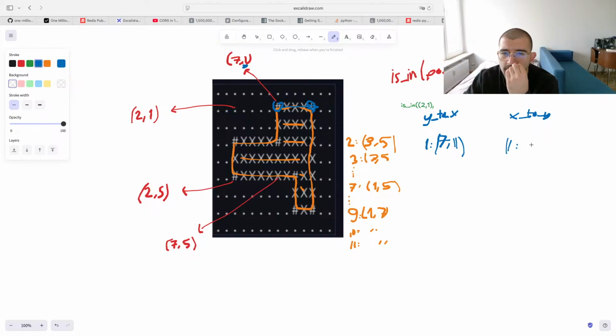Eleven has from 1 to 7. And then here we have y to x. The y is same, the x is changing, so y is 7. At this path you have, but I don't know, it's not very easy to